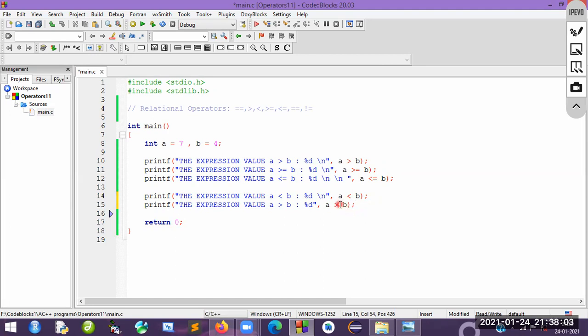Again, now I will find the value of comparison. When you mention two assignment operators, it will compare. Suppose the value of a is equal to 7, and the value of b is equal to 4. What happens here? The value of a is 7, and the value of b is 4. 7 equal to 4? No, absolutely not. So you will get the false value, that is 0. That is what you need to understand.